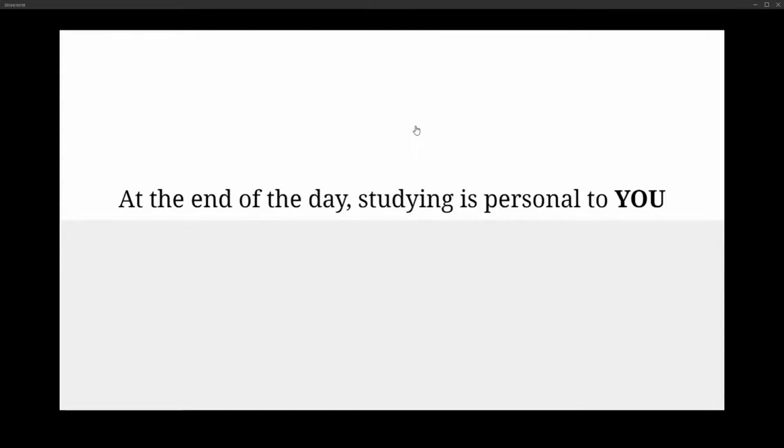And at the end of the day, studying is very personal to you. There's no other way I can say this, and everyone needs to remember that. Whatever I say about what you should be doing to study is all indicative and all up to the person. If you think you need to be studying anatomy, or if you feel like you don't need to be studying this, or if you want to look at this artist to improve, it's all in your own journey. So